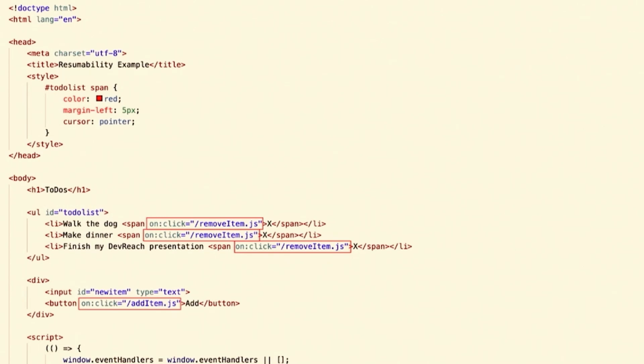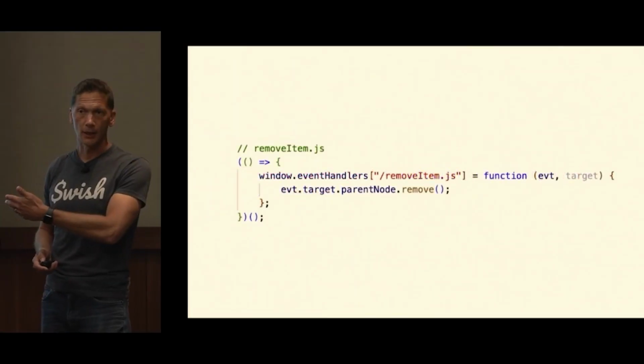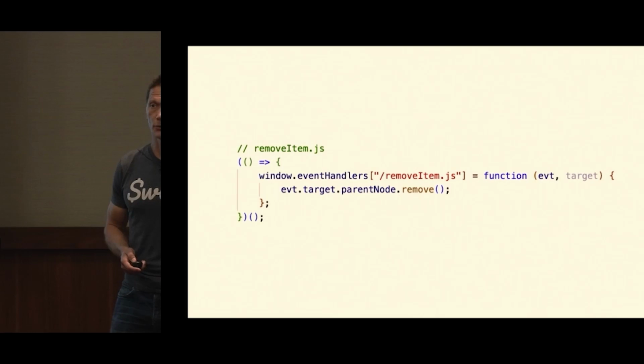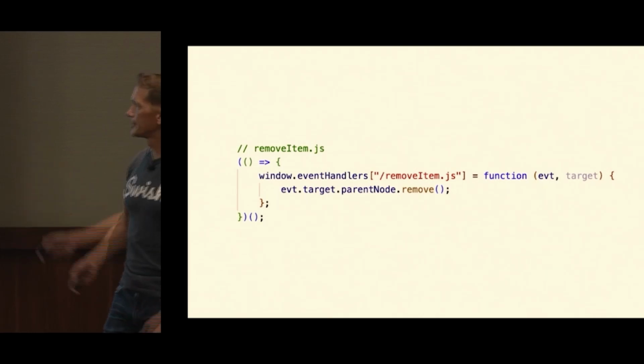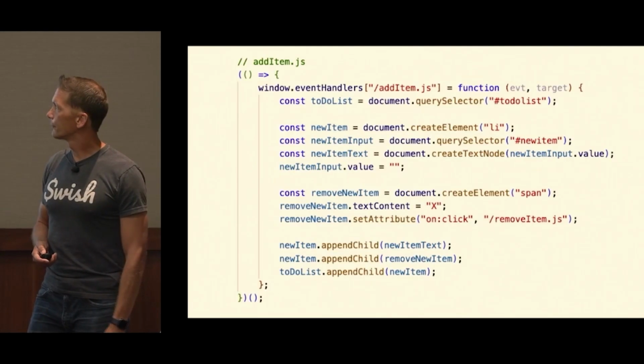And then let's get into the actual event handler code now. So let's look at remove item. This one is super simple, and I tried to make it as simple as possible. Obviously, if you're trying to synchronize with a backend database, you would maybe also have an API call to the backend to update the database. But I'm literally just removing it from the HTML. And then for adding,